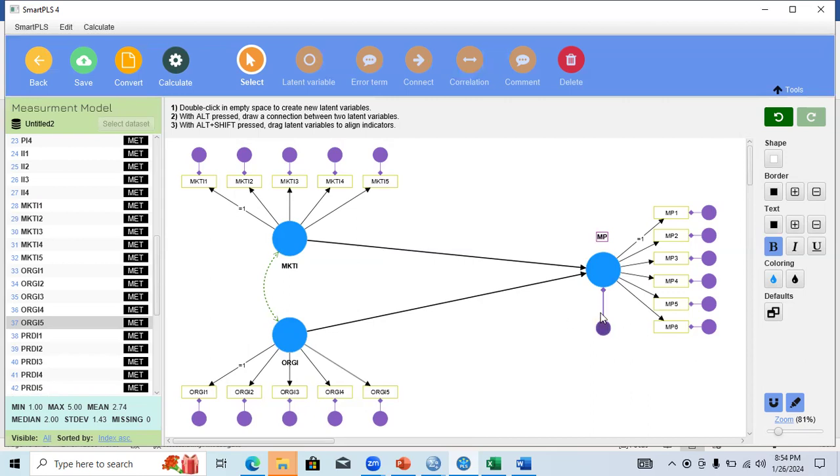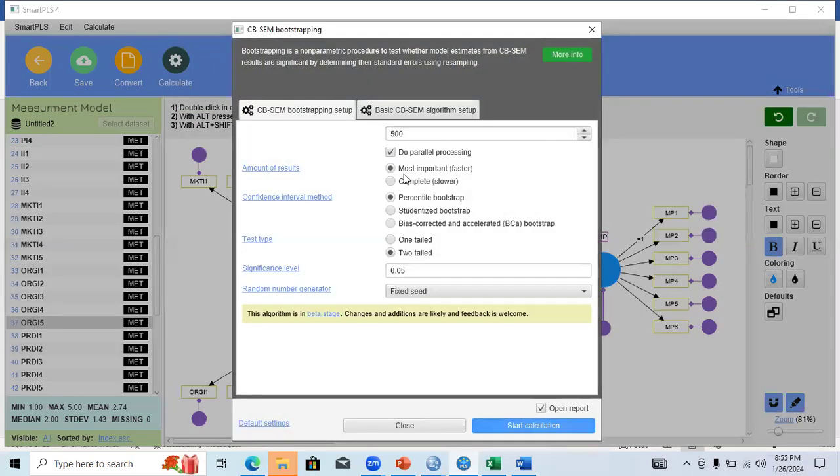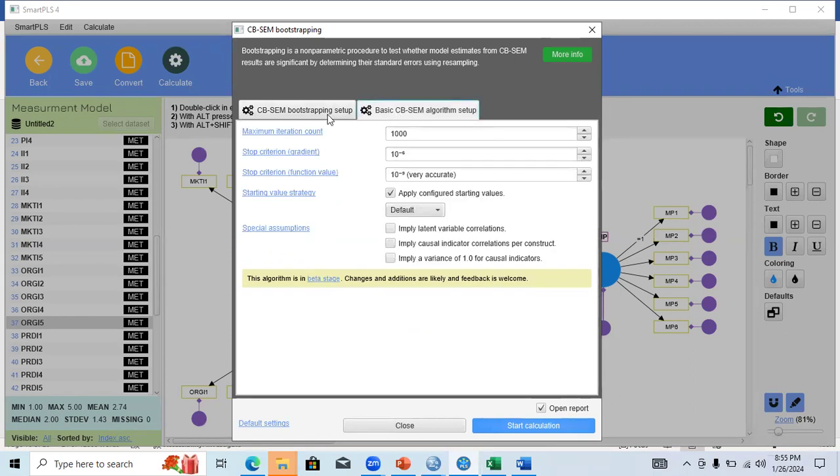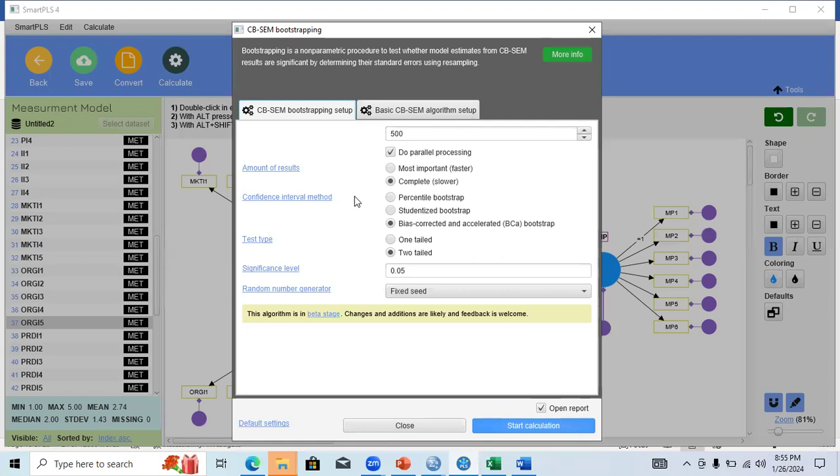So this error sign basically indicates that this is the dependent variable, and these are independent variables which are correlated using the CBSEM technique. So you can run the CBSEM bootstrapping here, and you can use the complete bootstrapping procedure, the bias corrected procedure from here.